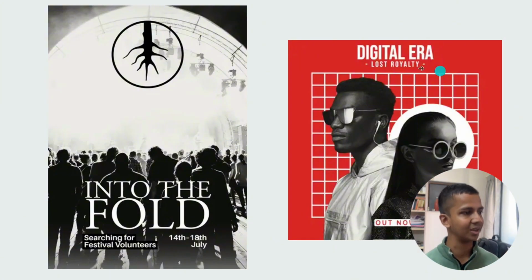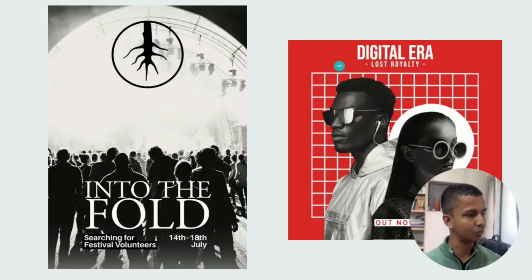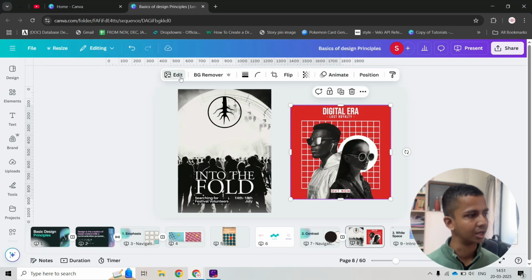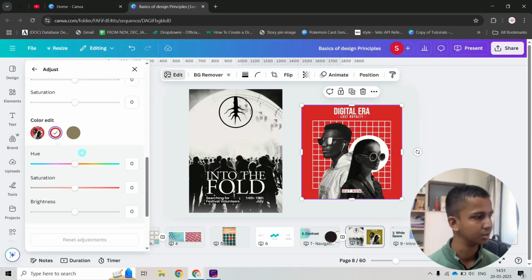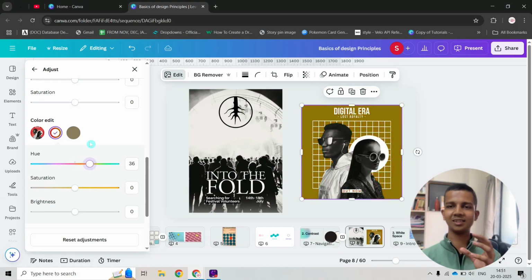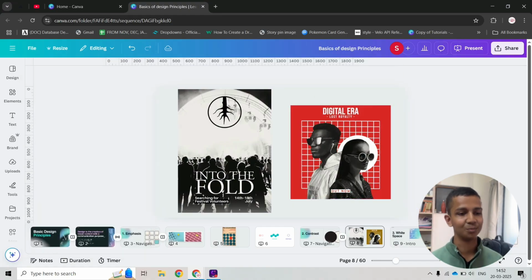On the other side, we have this bright red color to make the elements pop. For example, I'm using the Canva color edit feature to change the red color. Let me try to change it to something like this. Is this looking good? Is this creating the vibe in this color? Even the blue color is looking good, but it depends on the brand which color they have to use. But if I use something like this color, it's not looking that good. So this is how contrast is being used.